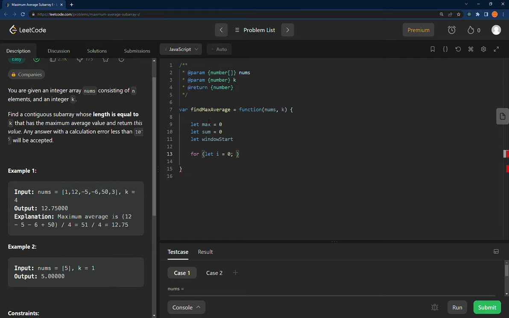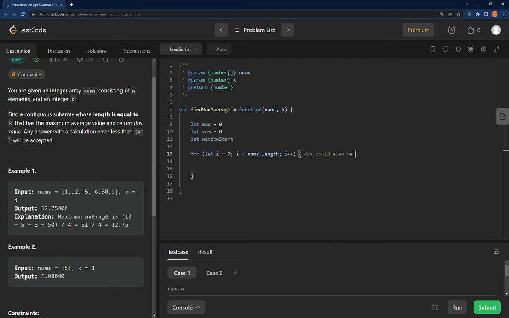Oops, there we go. Let's type the right keys here, right? Okay. So I here,